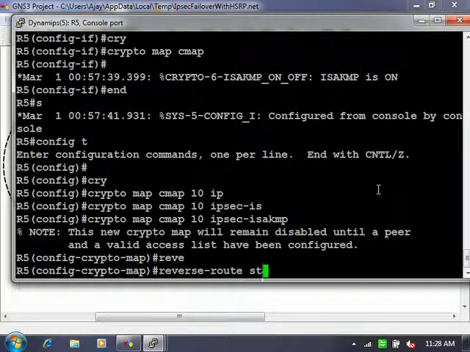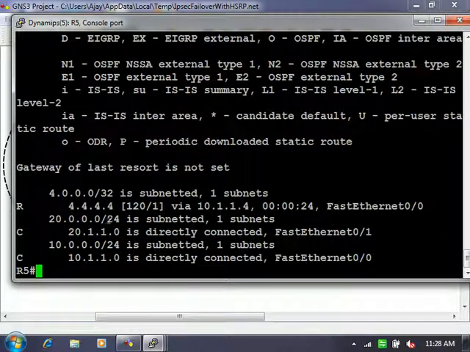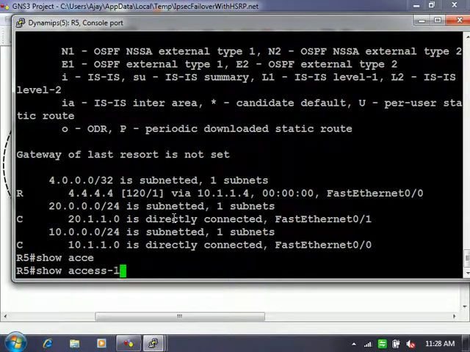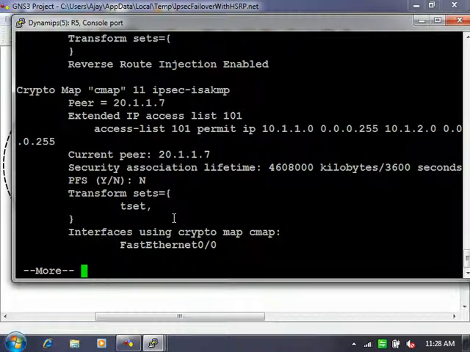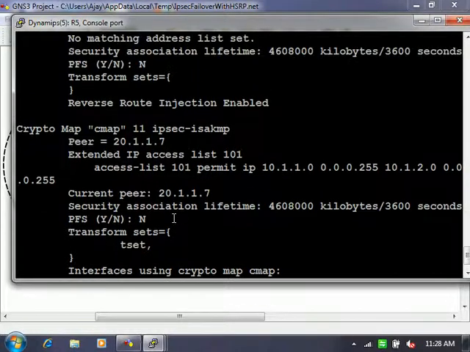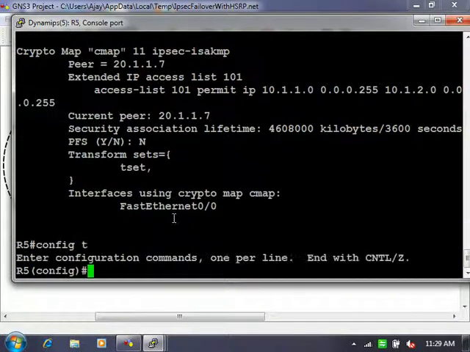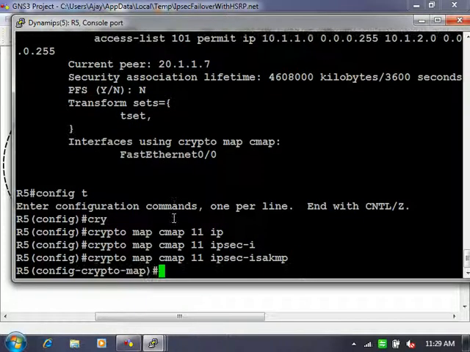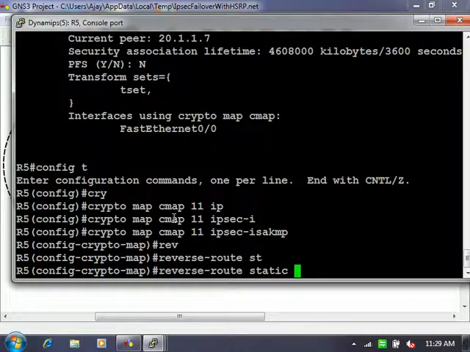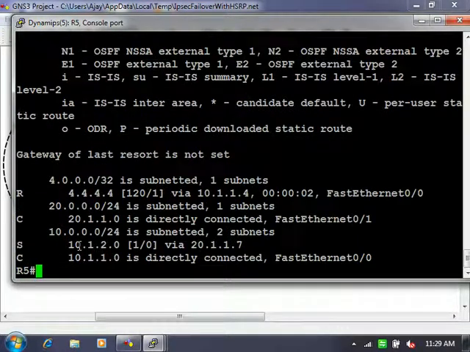Reverse route static. Really? Yes. Yes, we have it now.